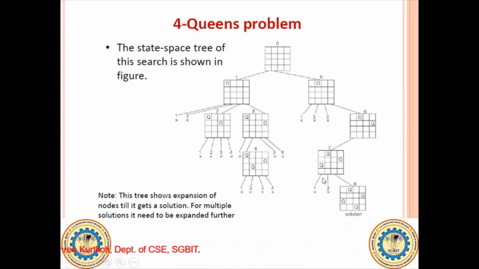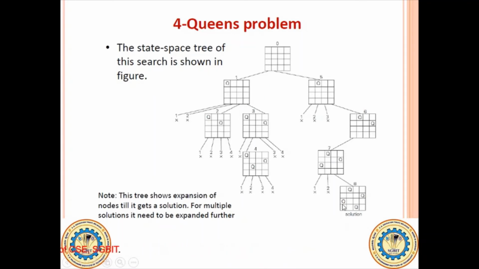Next we will check where the fourth queen should be placed. Can we place it in the first place of the fourth row? No, it will be in the same column as queen 3. Second place? No, it will be in the same column as queen 1. Can we place it in the third place of the fourth row? Yes, we can. There are no queens in the same row, same column or diagonal. Hence it is placed here. You can see, all the queens are placed in their proper positions.